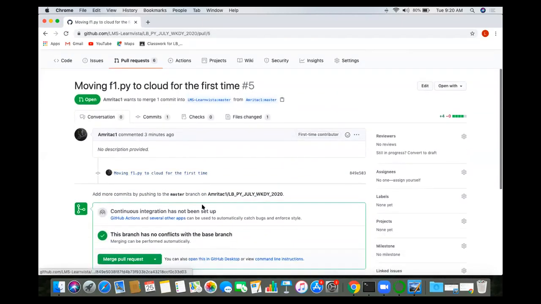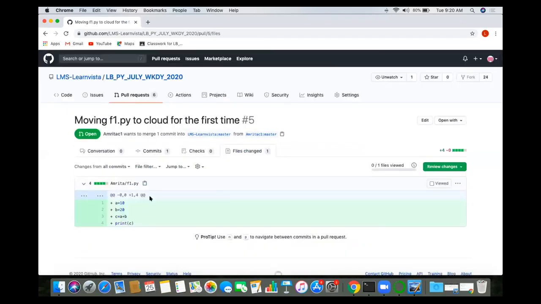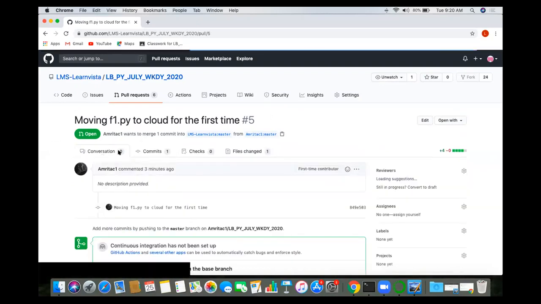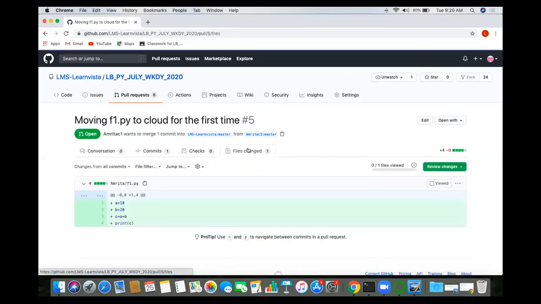Okay, so that would be a security issue. No, how is it? Let's see, files changed. Yeah, I can see this one also. This is what you have written. Yeah, I can see that. Okay, that's what I'm asking. Correct. So I can check, let's say before merging, if I want to check whether the changes done by Amrita are correct or not. Yes, exactly. So I will review it, and if it is not proper, then I will return this pull request. I'll not accept it. Okay, got you. Fine, everyone.